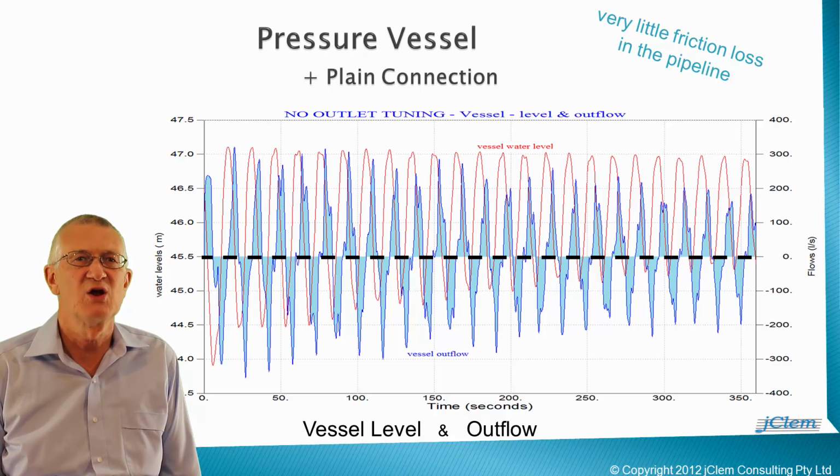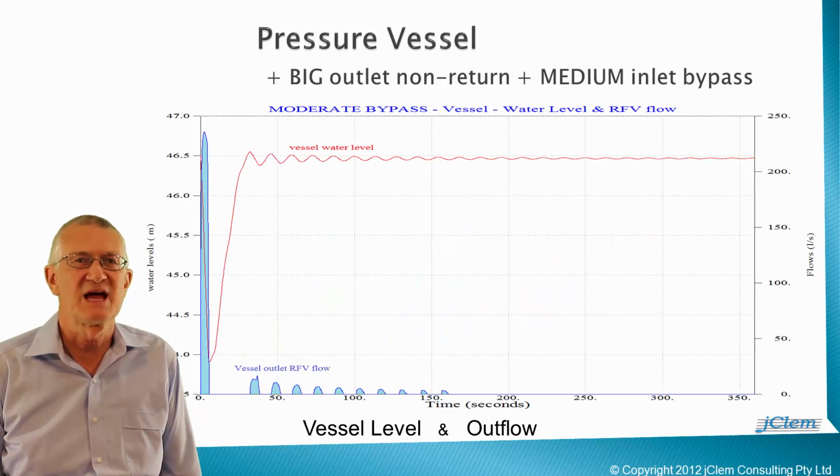Highlighting the zero flow line on the graph, note how the vessel's flow rate oscillates between substantial outflow and inflow. Using a plain connection on a system with high water momentum and little friction loss is not a good idea. This combination creates a highly resonant system, plus the vessel's stored energy helps to exceed the pressure rating of the pipeline. Now connect the same pressure vessel with a large outlet non-return valve and a medium diameter inlet